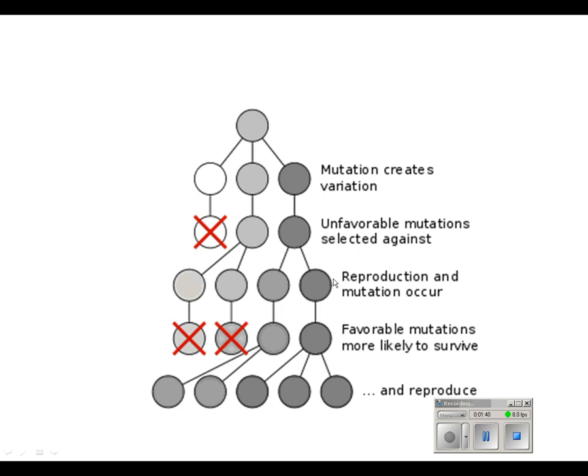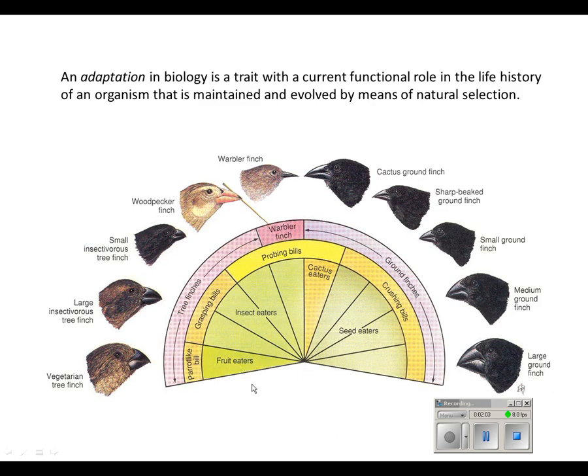And then, the remaining species may have more variation and they give rise to other species that have different variations because of mutations and they're going to adapt to their environment. And again, any unfavorable species will die out, and those traits will die out with them. And the ones that are left will reproduce, passing on those traits. And again, you can see that the initial trait was passed on all the way through the end because it was favorable.